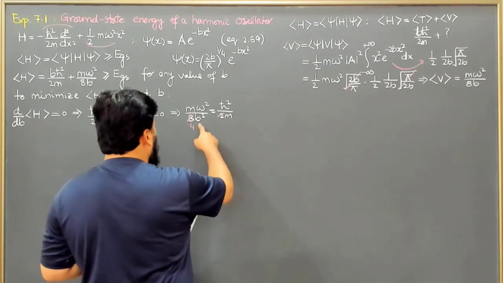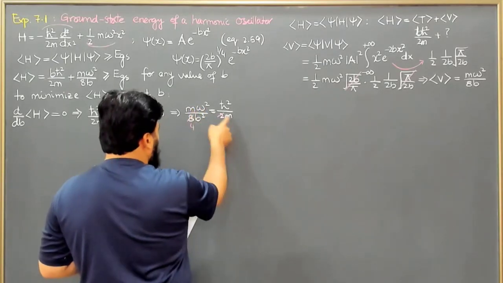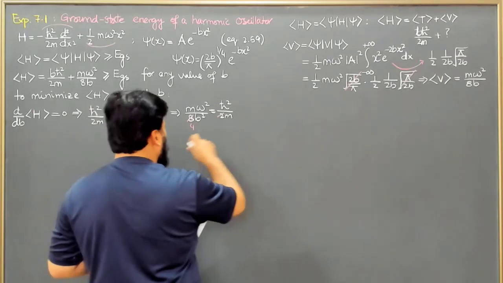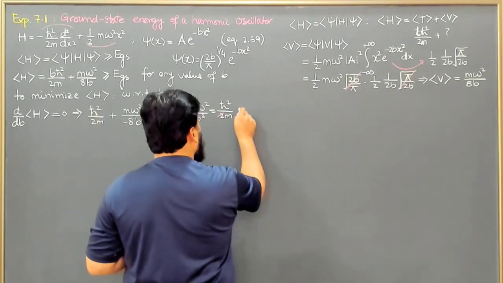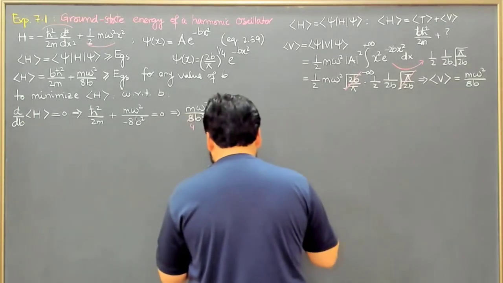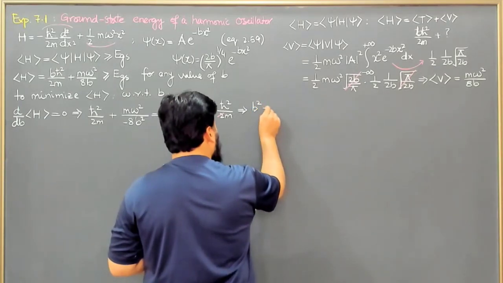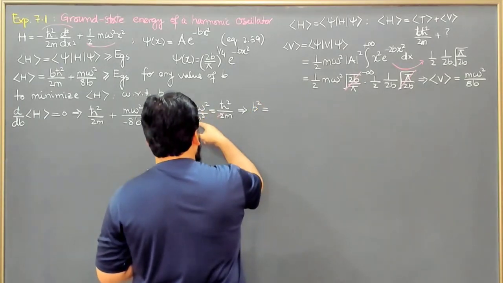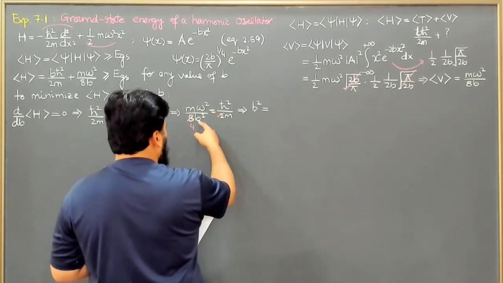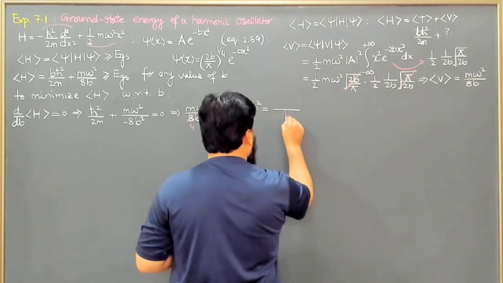So b² will be m² ω² over ħ². So here, if I cross multiply, b² ħ² will come here,